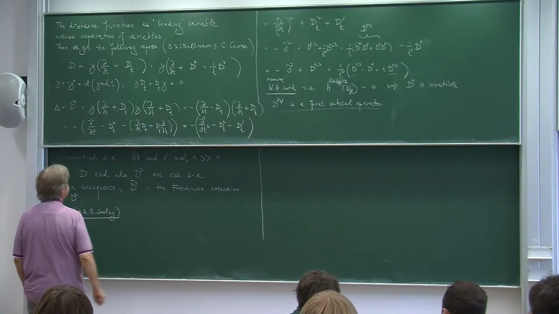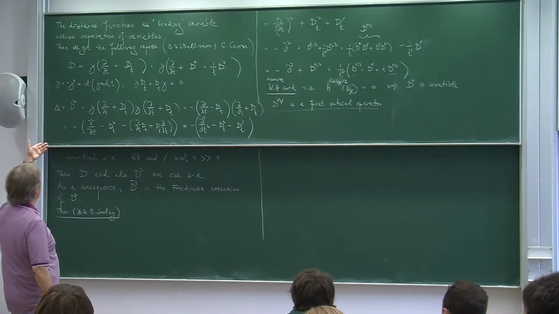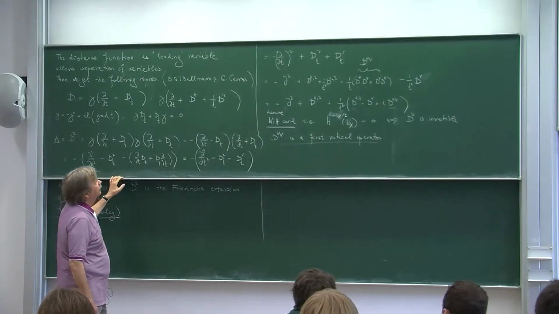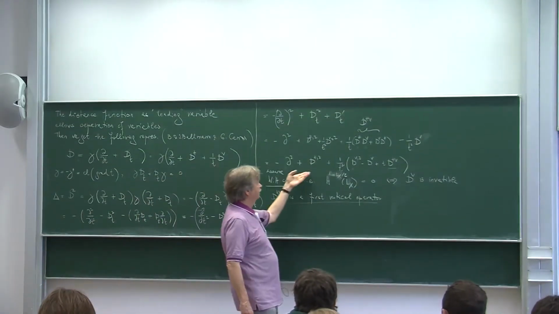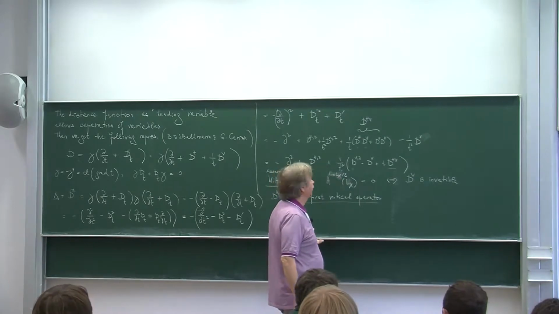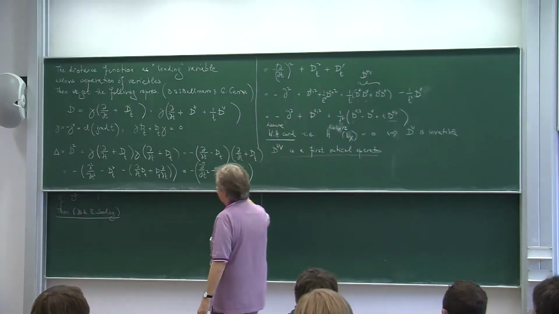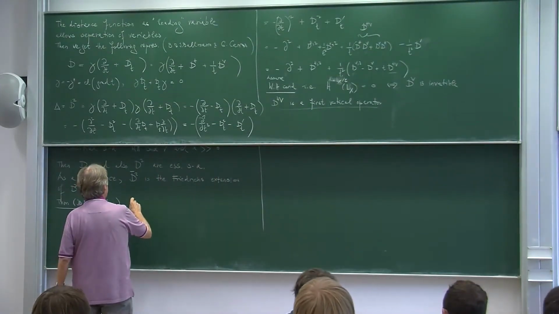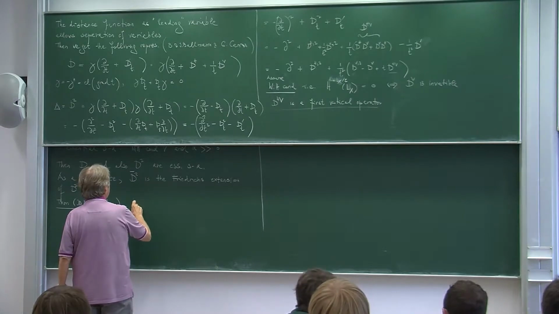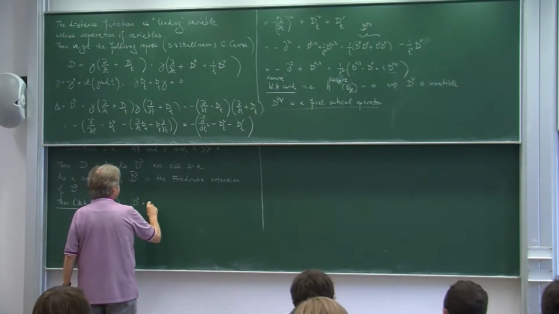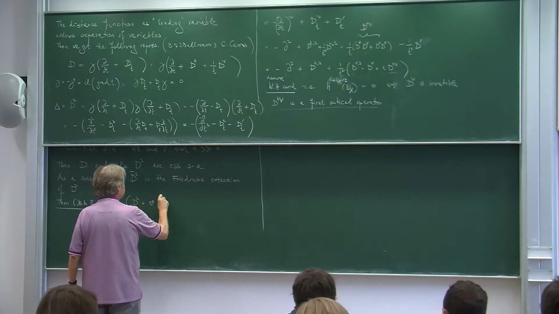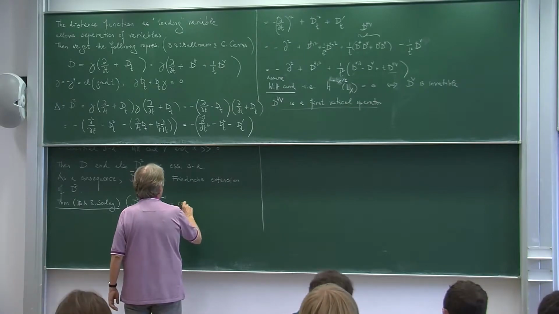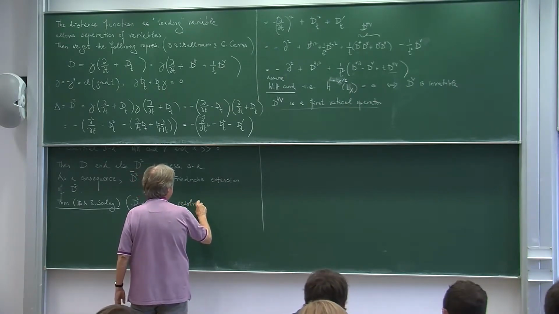But in a way, we proved this abstractly. So we looked at model operators in model situations, which look like this operator here. Actually, it's slightly more general. And we wanted to compute the resolvent. So let me just write (d squared plus z squared) inverse is the resolvent operator